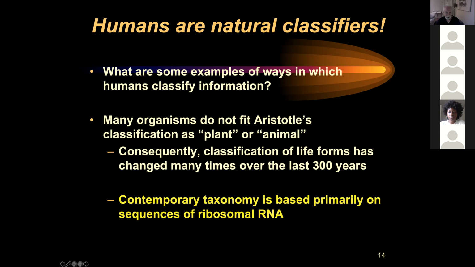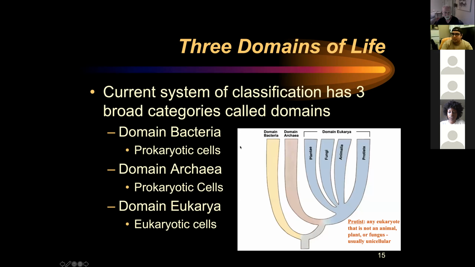Aristotle's system obviously didn't work. Linnaeus's was much better, but he didn't have the technology we have today. So today we classify primarily on the basis of ribosomal RNA sequences. And I'll tell you a little more about that later. But using ribosomal RNA, we've come up with 3 domains of life: